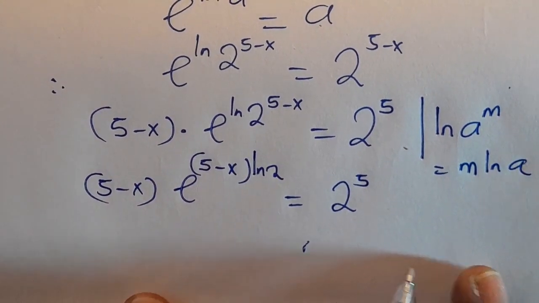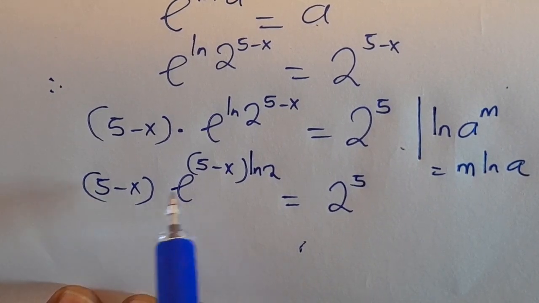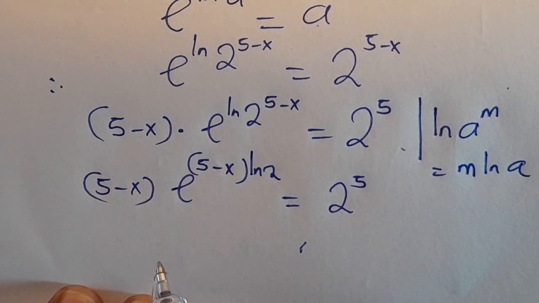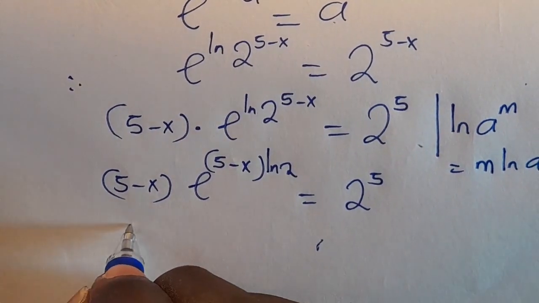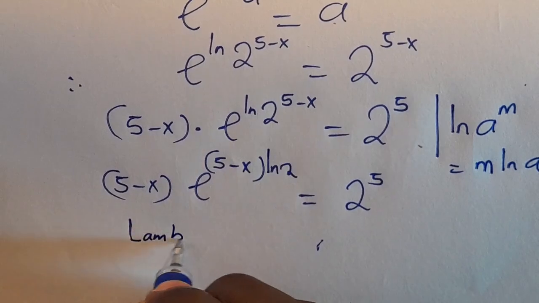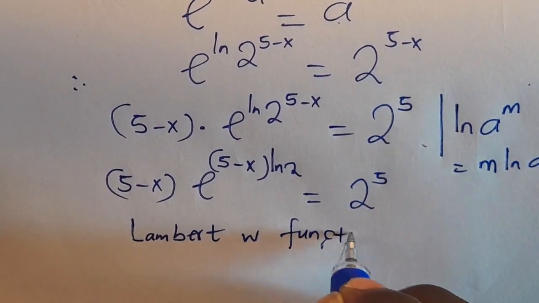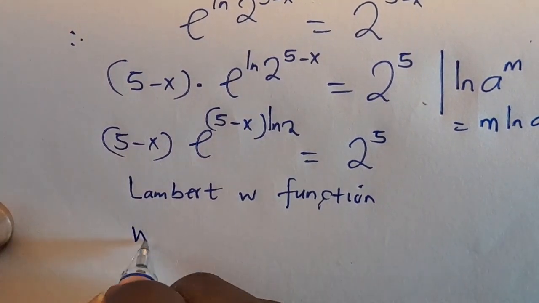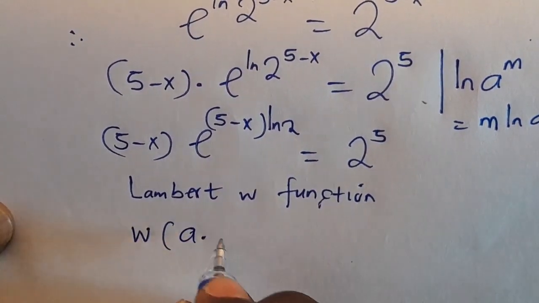So guys, let's check whether the base and the power are the same. The base is 5 minus x, and the power is 5 minus x multiplied by ln 2. We want to make the base and the power the same thing, because we want to apply something we call the Lambert W function. And the Lambert W function says when you have the Lambert W function of a, then multiply by e